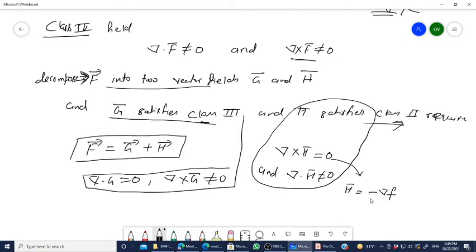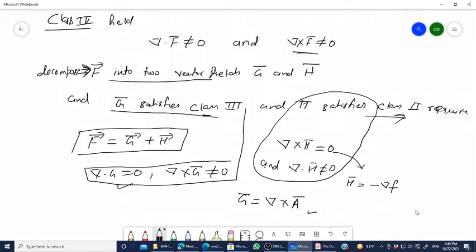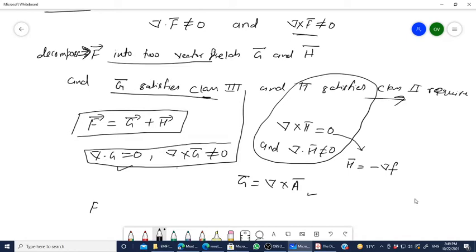And this G vector, if the divergence is 0 and its curl is not 0, then the G vector can be represented as the curl of another vector function. It will be written like that. Yes or no? Yes, sir. From case 3. Okay, so now you just put in this value. The F vector becomes like the A vector minus the gradient of f. From here you put in the values of G and H, and this kind of value will come. It is not very necessary, right?